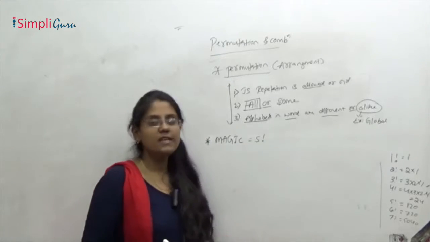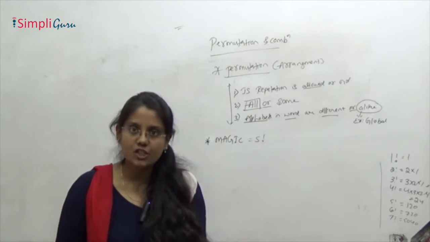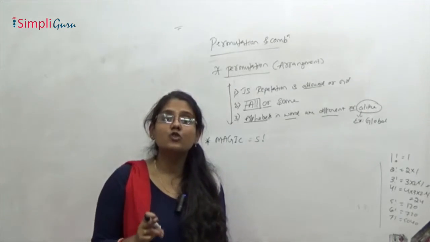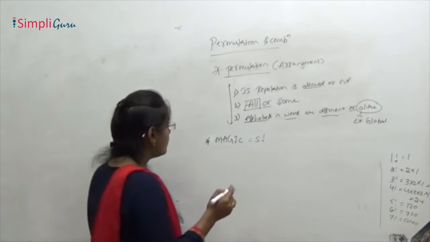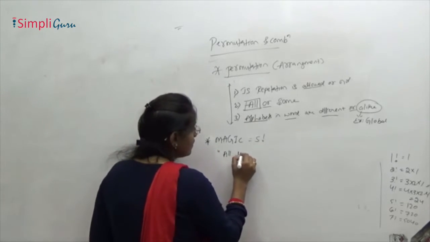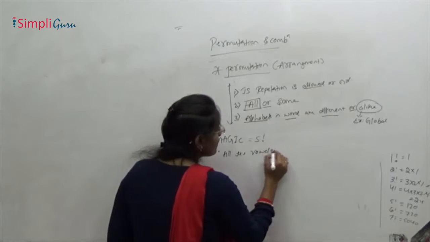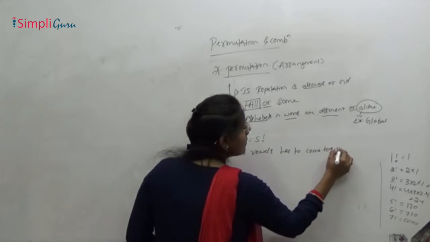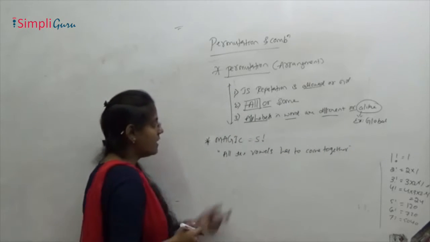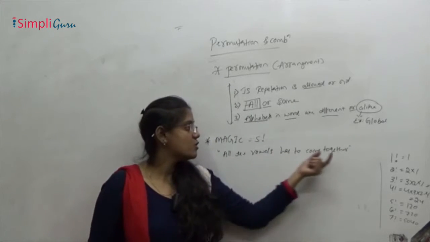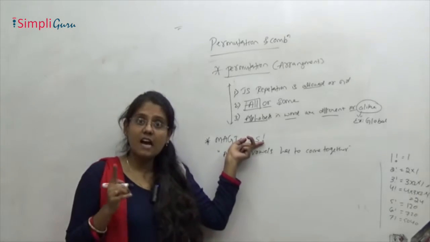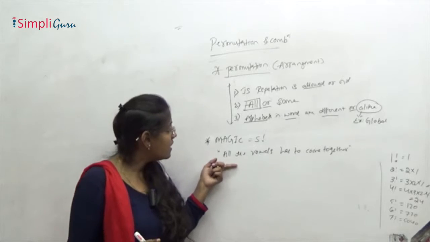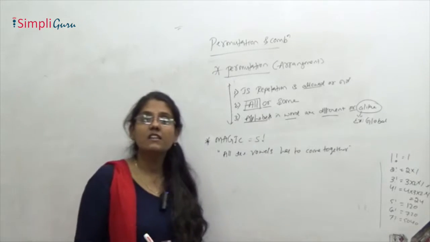How many distinct arrangements are possible for the word MAGIC such that all the vowels have to come together, right? What they are telling is all the vowels have to come together. 5 factorial is the answer when there is no restriction. If in the question they add that all the vowels have to come together, then how do we have to